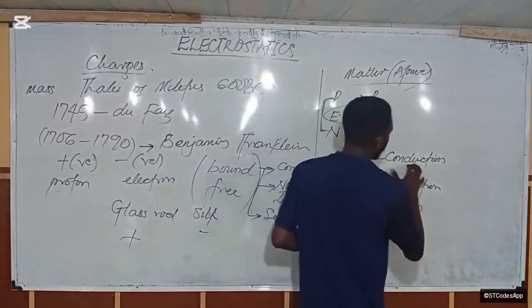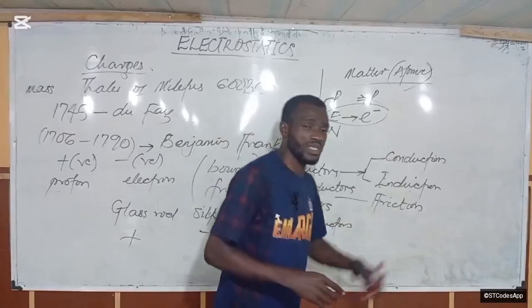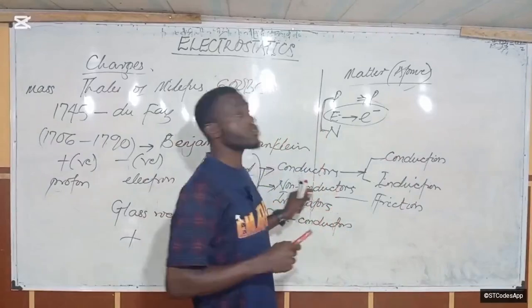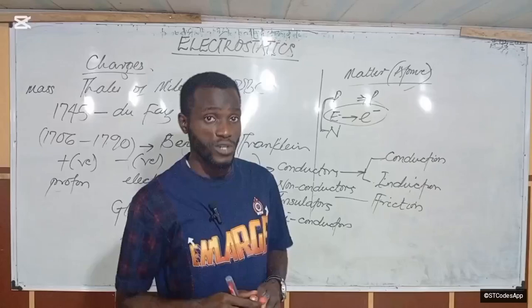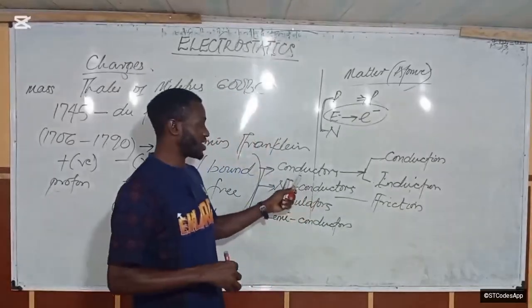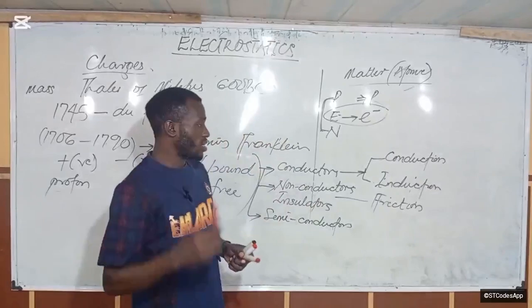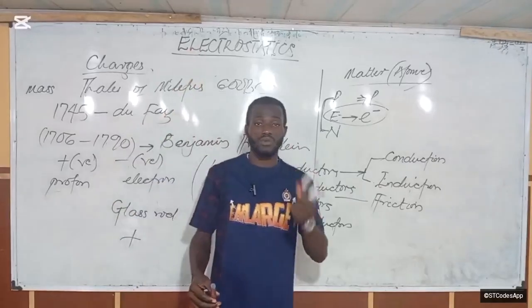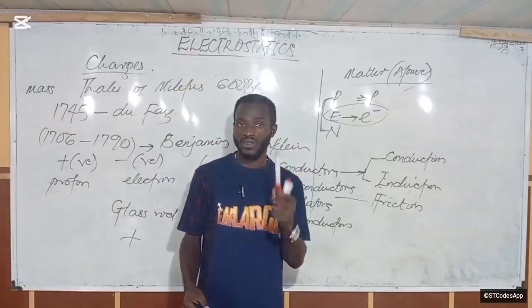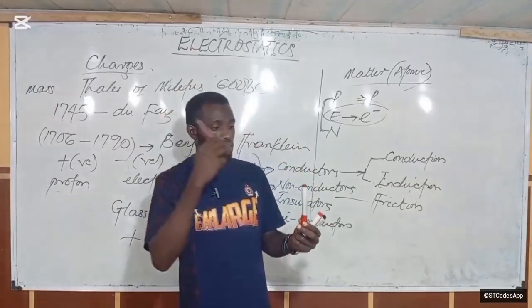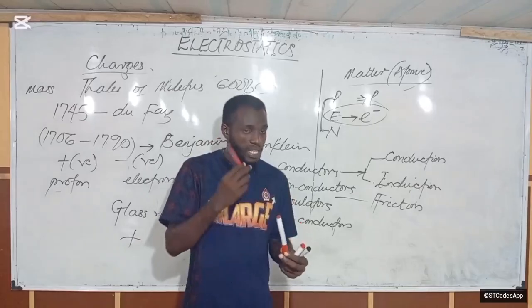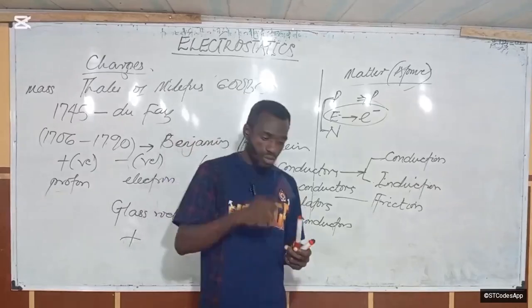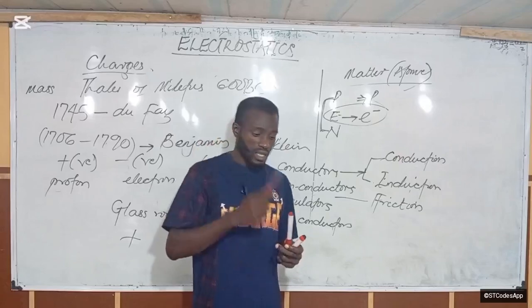Okay, now we have conduction. Conduction is basically charging by contact. So there is a charged body which is a conductor, able to conduct the fluid, right? According to Benjamin Franklin, that is. So this one can conduct electricity and is charged. This one can also conduct electricity, but it's uncharged. It still has an equal number of positive and negative charges. The moment you bring this one to touch this one, it is able to transfer its own charges to this body.